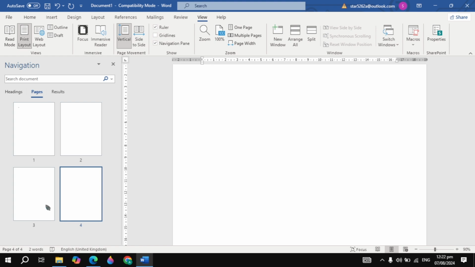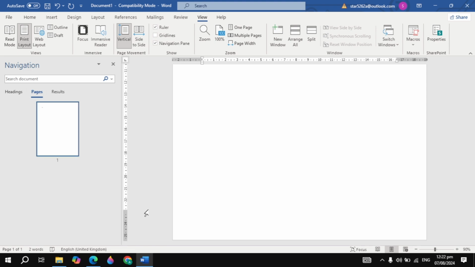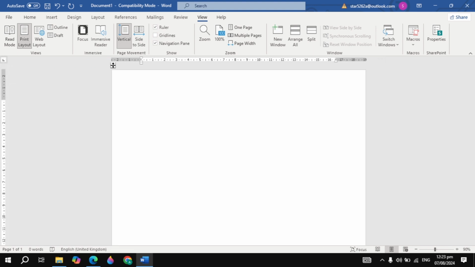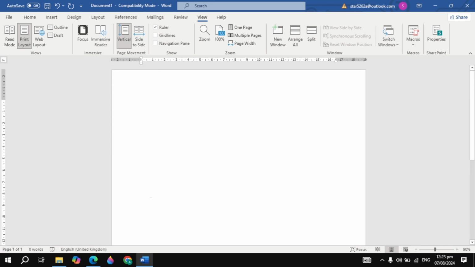So I can just create many pages and I can just press the backspace multiple times to delete the page. If you press the backspace one time, it's not going to delete. And then I will show you the second method to delete the pages. So here I can just create many pages as you can see. So I can just press the backspace and here you can see it's now deleting. And there are two ways to delete, you can see, and this is how you can delete the pages or